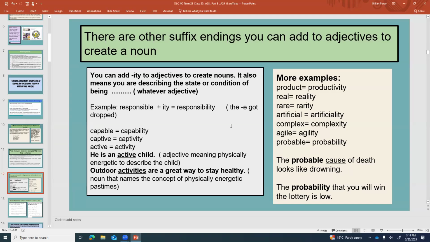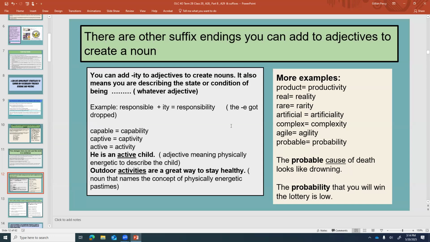So as an adjective, he is an active child. I'm describing the child, right? Or I could be talking about the state of being active. Outdoor activities are a great way to stay healthy. So some other examples would be things like product, productivity, real, reality, rare, rarity, artificial, artificiality, complex, complexity, agile, agility,